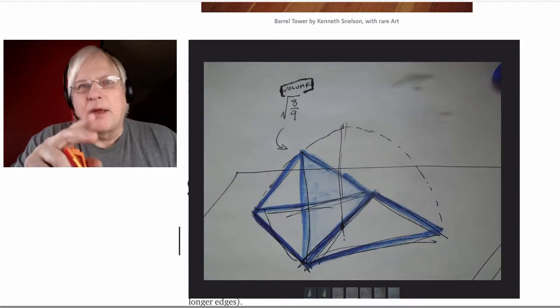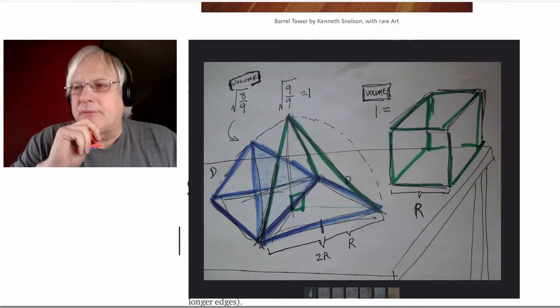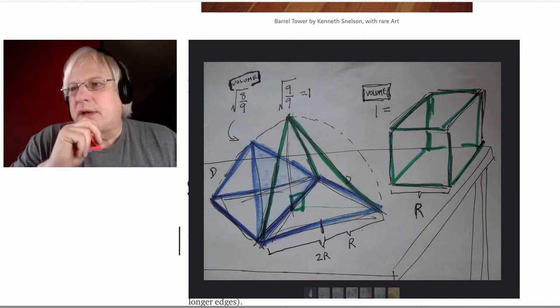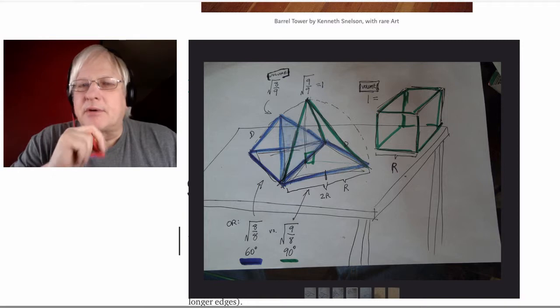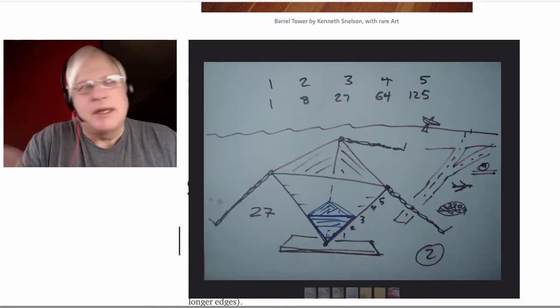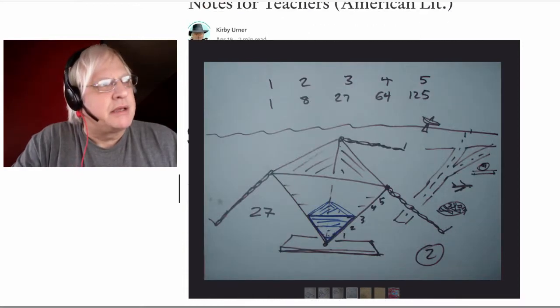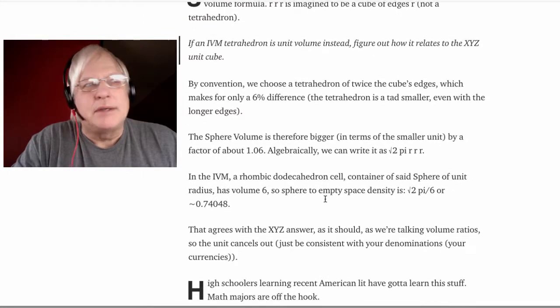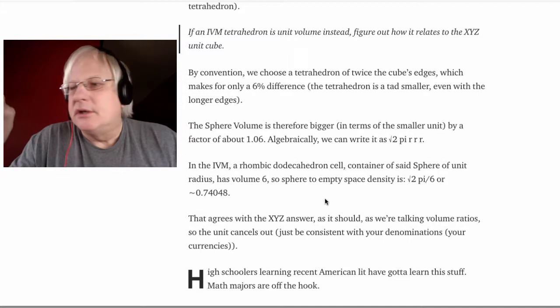So if you multiply the sphere volume formula 4/3 pi r to the third power by the square root of 9/8, it simplifies to the square root of 2 times pi r to the third power. So that's okay. You just take that. That's what these teachers' notes are about. You take that number for the unit sphere, and if you divide it by 6 to get the sphere to